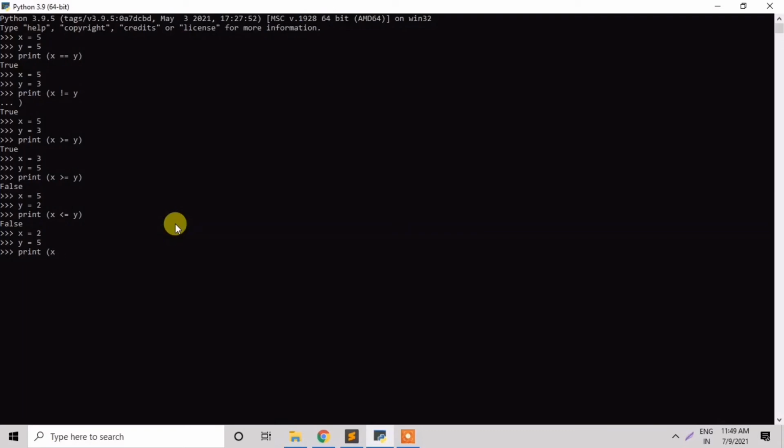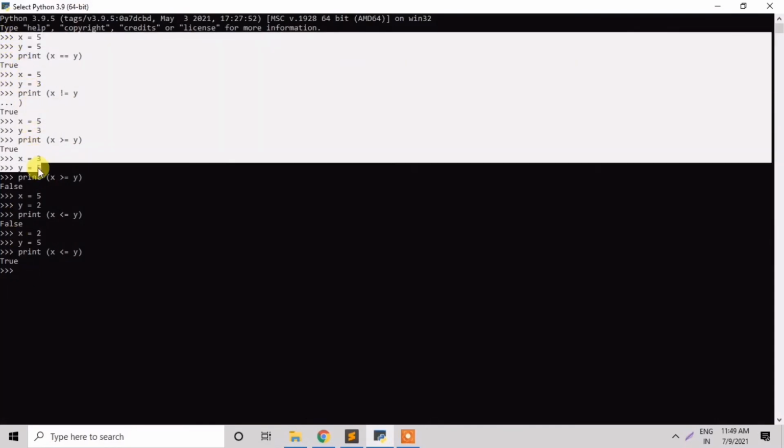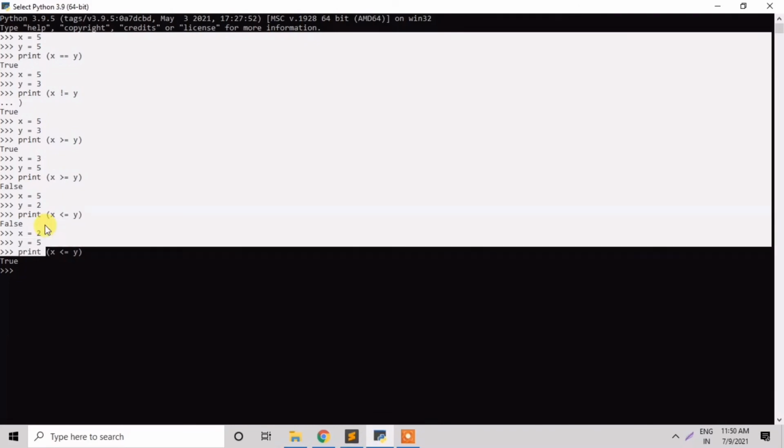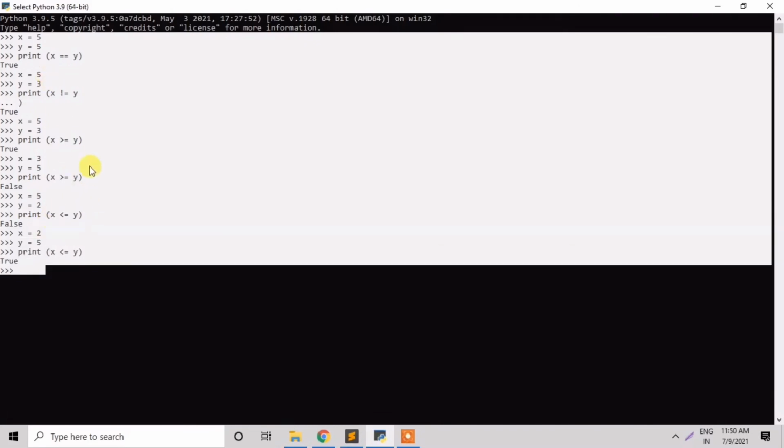The operator is less than or equal to. We can see the answer is true, because y is greater than x's value. So this is how we can use comparison operators in the Python programming language.